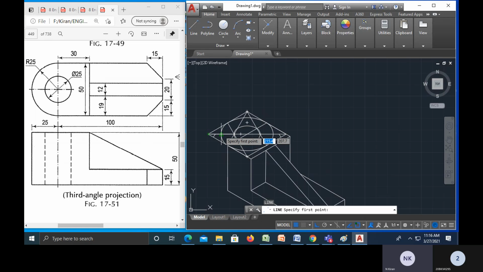Okay, instead of that one, from this midpoint I can join here somewhere like that, and EX double enter, like that also I can do. I can extend this line also. Okay.